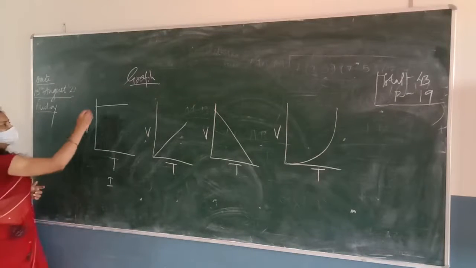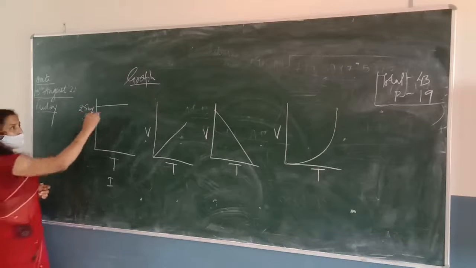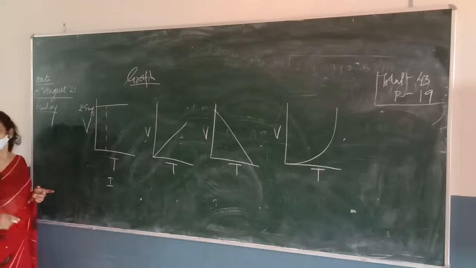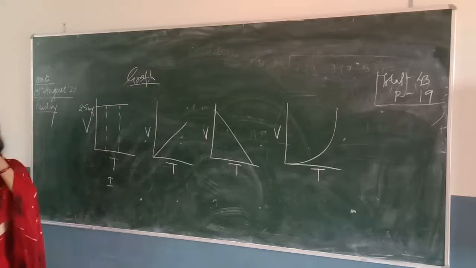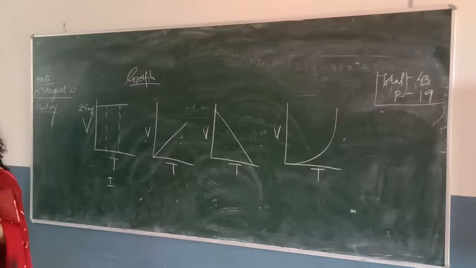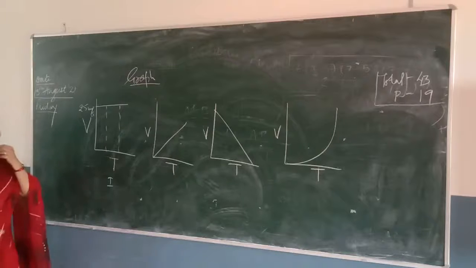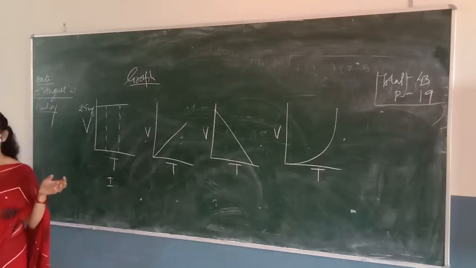So suppose here the velocity is 25 meter per second. So at the time of 1 second it is 25 meter per second. At the time of 2 seconds again it would be 25 meter per second. It means by changing the time the velocity is not going to change. It means the velocity is constant. A uniform velocity. In case a body has a uniform velocity, what is the acceleration?